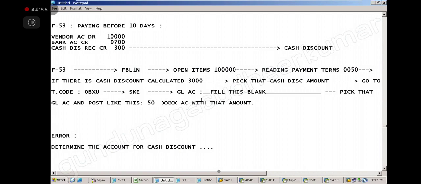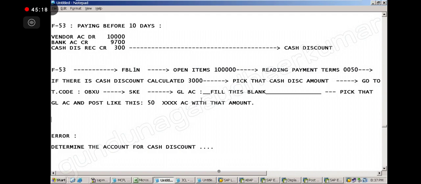There are not only this program, there are many programs. In the program everything is there except for the GL account. So what is our responsibility? We have to create the correct GL accounts in the correct way with all the correct parameters and assign them in the correct program, so the programs will run perfectly.